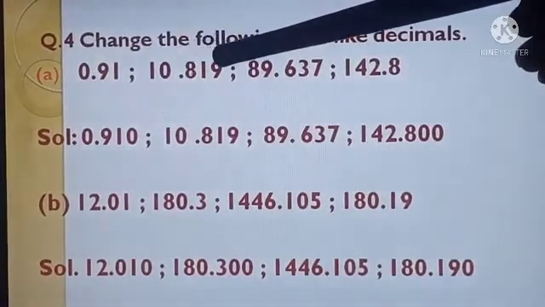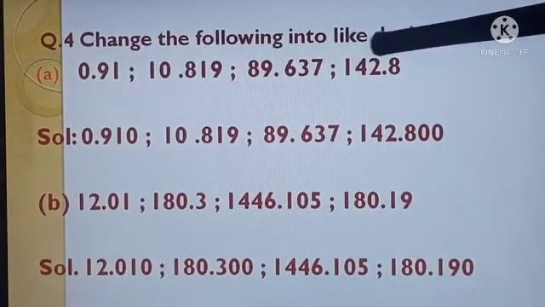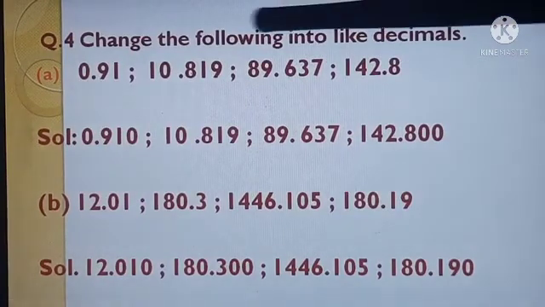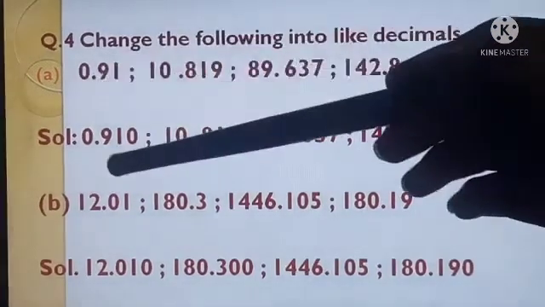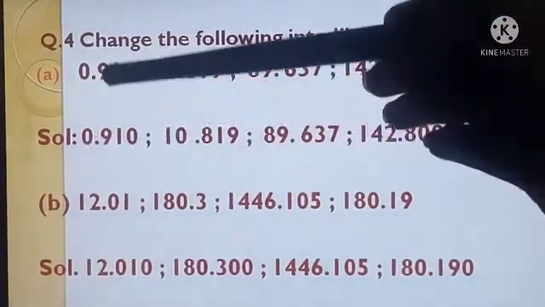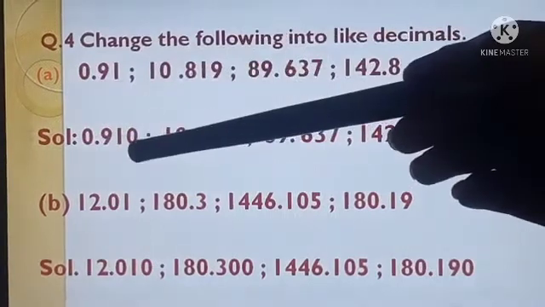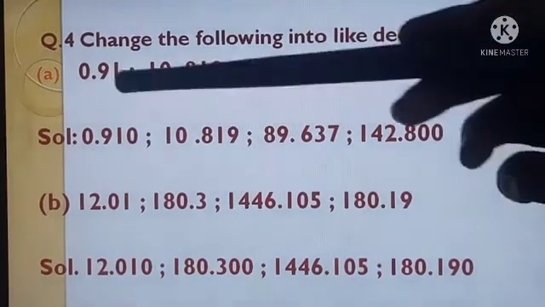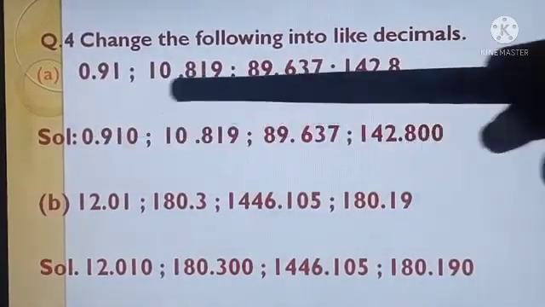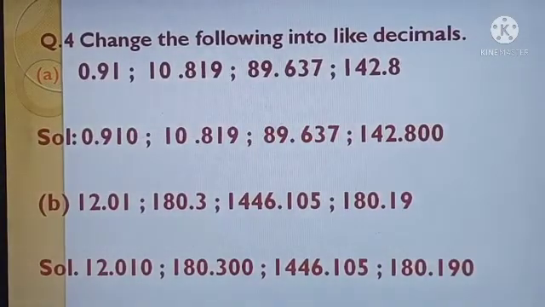912, 819, 3, 637, 3 and 81. So maximum are 3. तो हमें 3 places तक अपने number को equal करना है. So our answer will become 0.910. Zeros will be written outside only. Don't insert any 0 between the given numbers. Right? If you are writing 0 here, 901, then it is wrong.